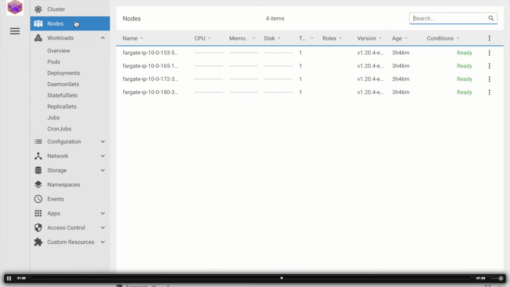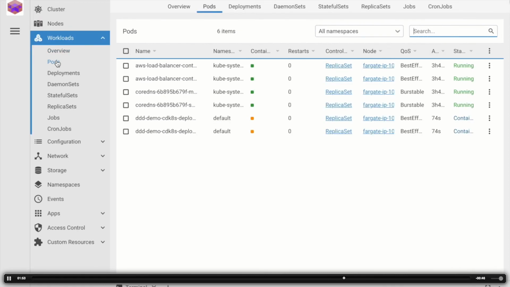If we go to nodes, we've got 4 nodes. And another 2 have just popped up. Let's take a look at our pods. Still pending. Here we go. Both pods are successfully running now.